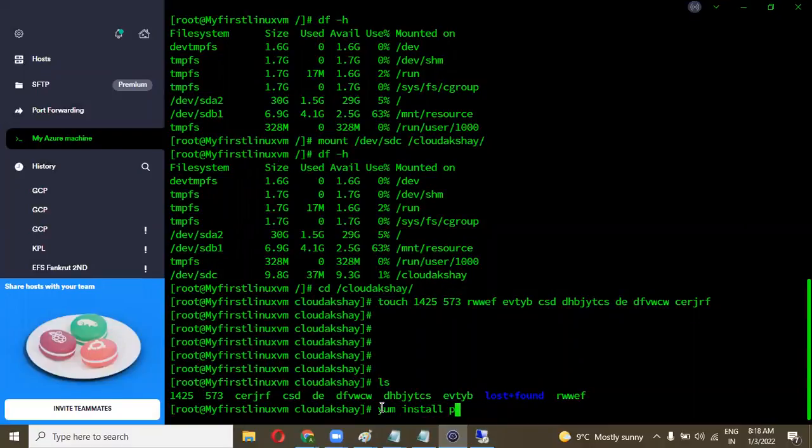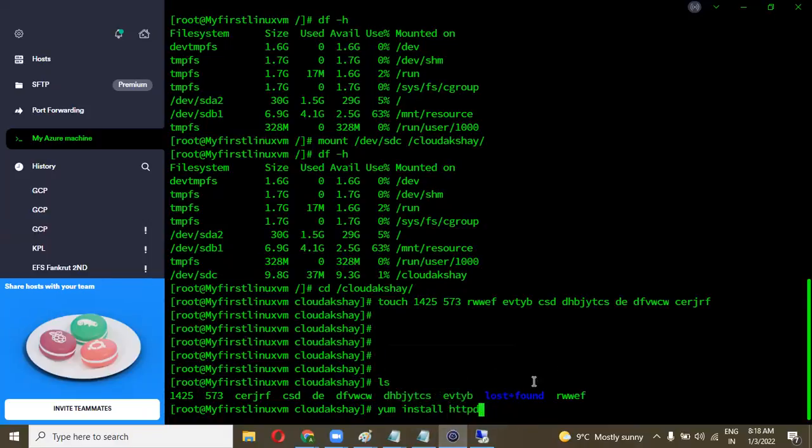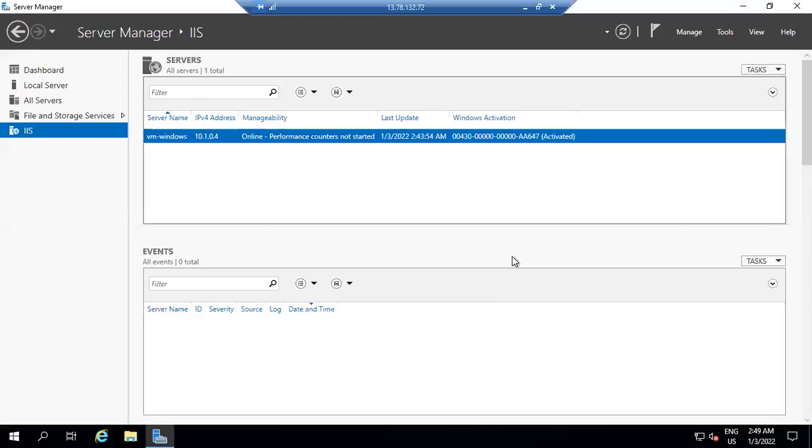We can directly run these commands on the server, like yum install Apache httpd, like that. We can also use the run command over here, and we can also use a PowerShell script.